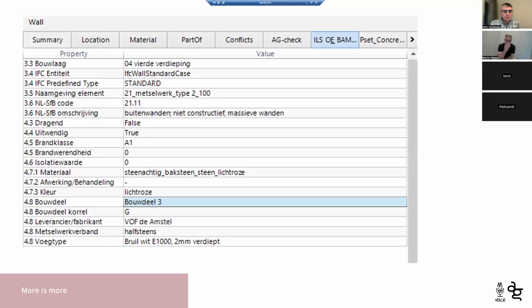And of course, this is also something where more is more. What you see here is a lot of, I think it's 19 properties, and these are all contractor wishes. They want a lot of information, and they usually want it in one easy to access menu tab. And I don't really like it, but well, they're the client, so we comply with that. And what you'll see is that we even need to export some crazy stuff that is already in the